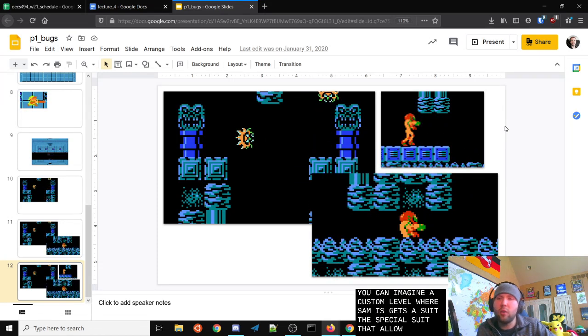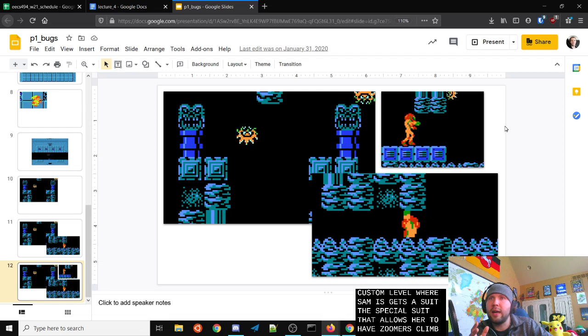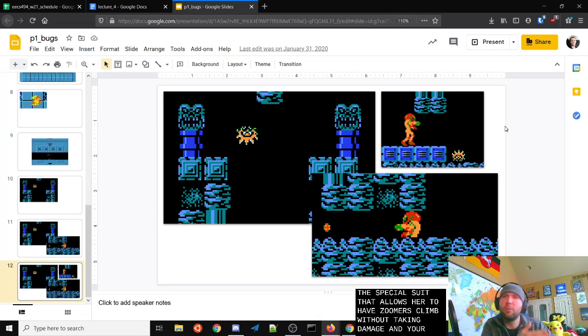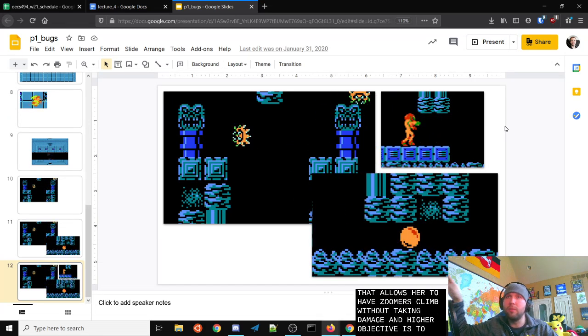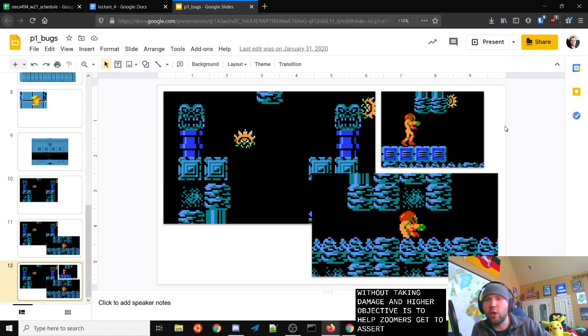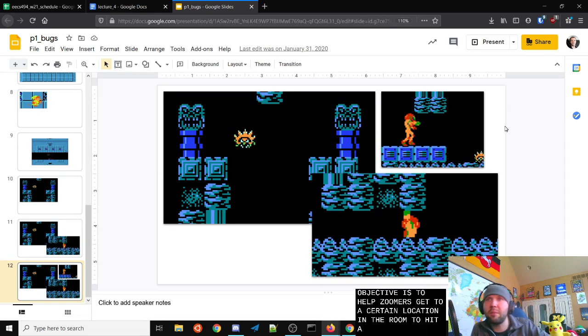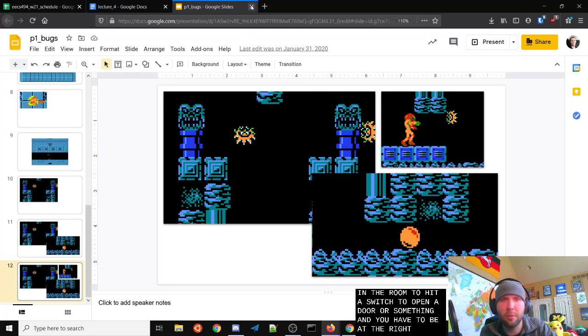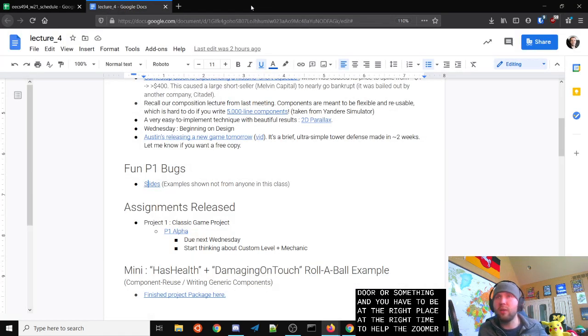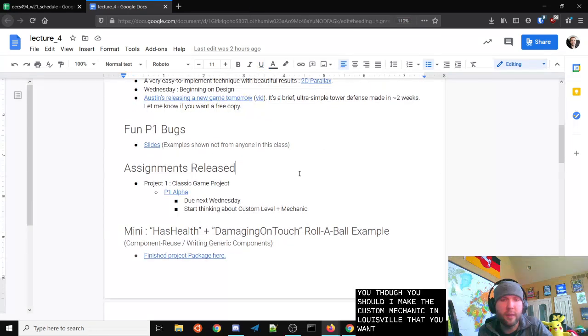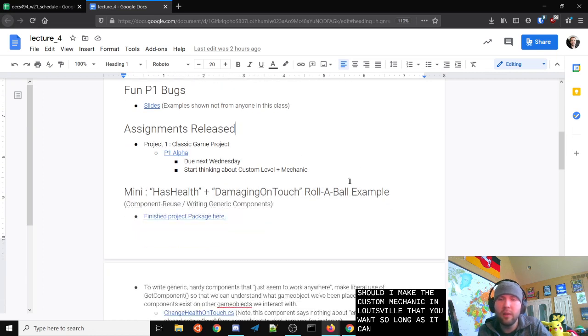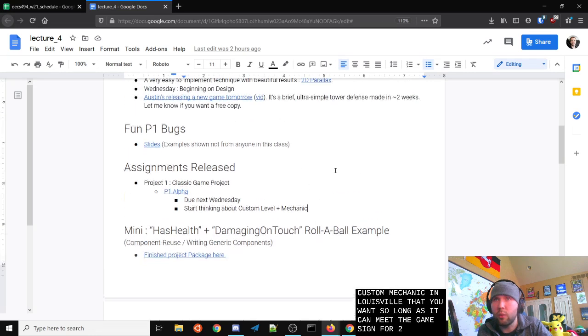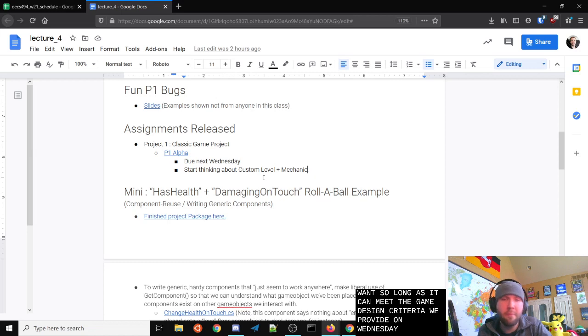And your entire objective is to help zoomers get to a certain location in the room to hit a switch to open a door or something. And you have to be at the right place at the right time to help the zoomer climb, okay? To route the zoomer around. That could be really cool. Don't let me design your game for you, though. You should make the custom mechanic and level that you want, so long as it can meet the game design criteria we provide on Wednesday, okay?